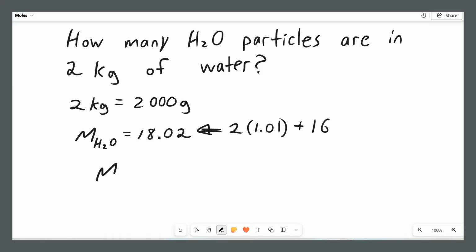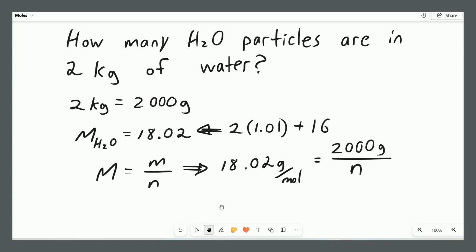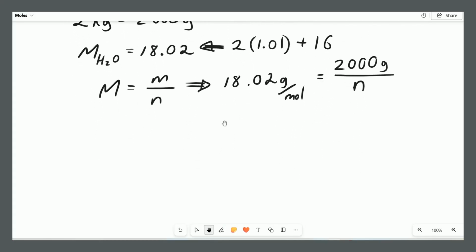Well, we know that molar mass is the mass per number of moles. So, we can conclude that 18.02 grams per mole should equal the mass of the water, which is 2,000 grams, divided by the number of moles. Rearranging this equation by multiplying both sides by n, we have